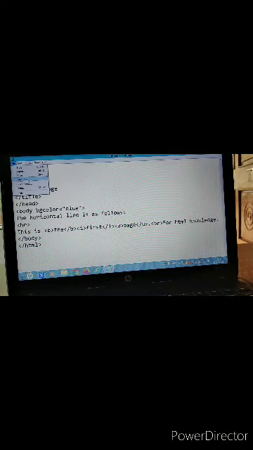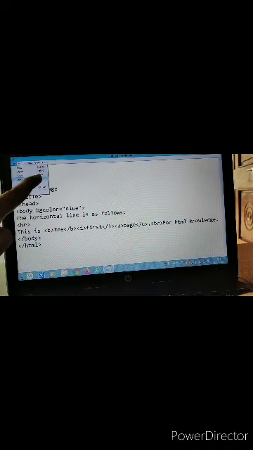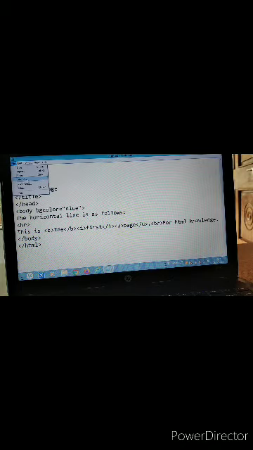Here is a shortcut, Ctrl+S. Whenever you change your file, whenever you write another sentence after saving the file, just press Ctrl+S, meaning the Ctrl and S buttons together.